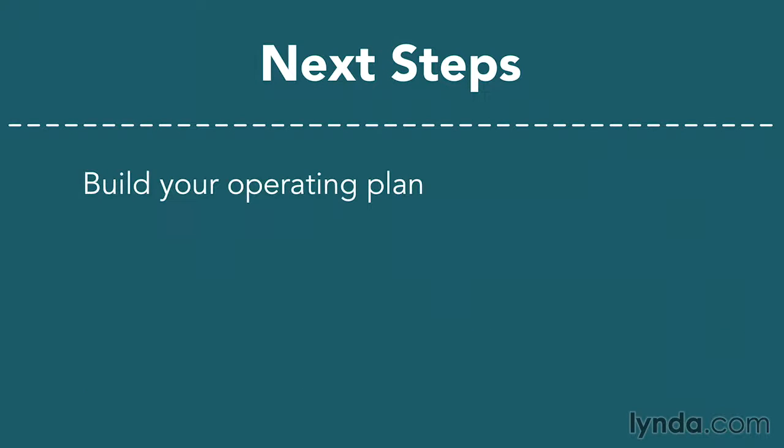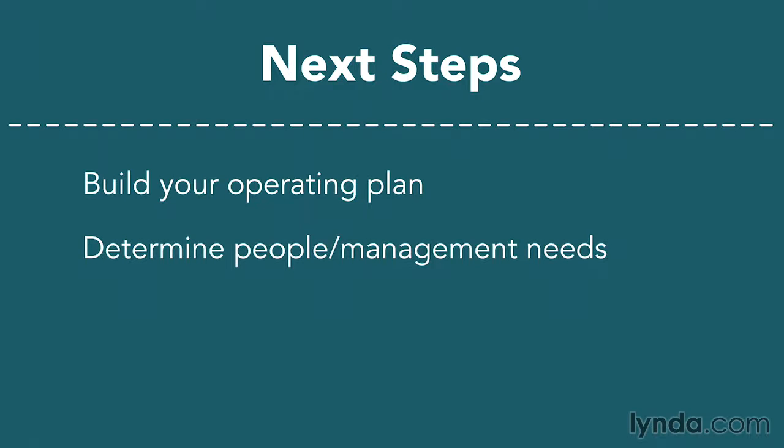Build the operating plan and refine your assumptions that go into it. Understand the people requirements and the operating requirements to get your product into the market, and then support it after it's out there. Determine how you're going to manage your people and your administration. How are you going to pay people? How are you going to reward them? Build that solid financial plan. I can't overemphasize how critical that financial forecast is for having a viable business. Your financial plan is going to drive your financial results.